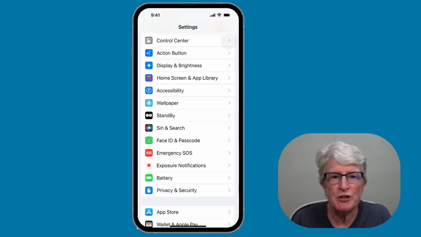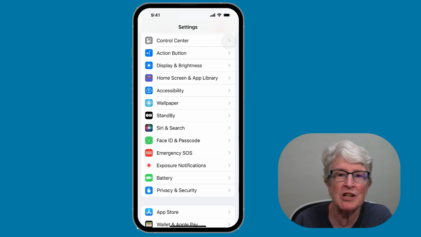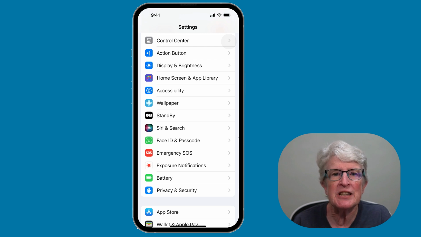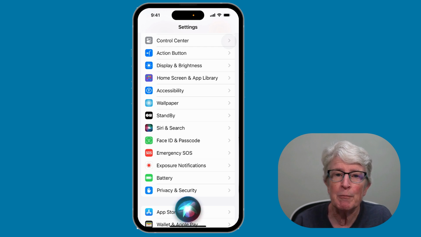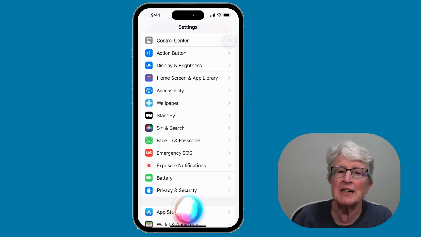Enable and set up Siri. The iPhone's voice assistant can do many things now, such as making a call, setting an alarm, taking notes, and opening apps. Siri is even accessible using your Apple AirPods. You'll be prompted to activate Siri when setting up your iPhone, but you can also access Siri in the Settings